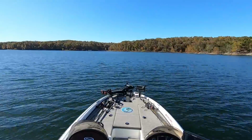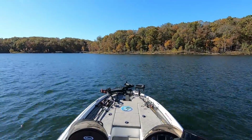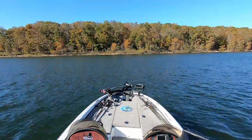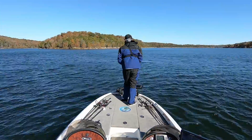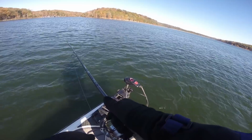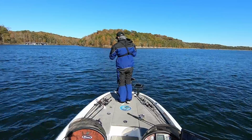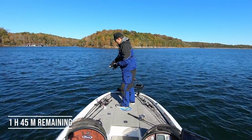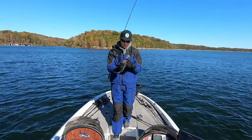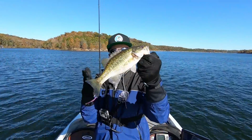So after catching my first keeper on that main lake point and losing another one, I felt like I had a pretty good pattern going. And so I started running more main lake points in that 15 to 40 foot depth range. And I actually ran 3 or 4 more points and didn't get a single bite. And this happens a lot of times when you're fishing. You might find that the pattern maybe was only working for the first couple hours in the morning, or maybe the conditions changed and those fish just stopped biting. And I did manage to roll over to one of the points where I started the day, and I caught one little one on a drop shot,